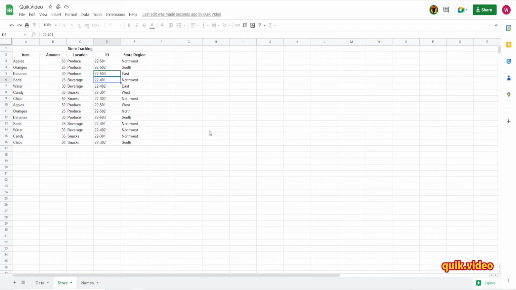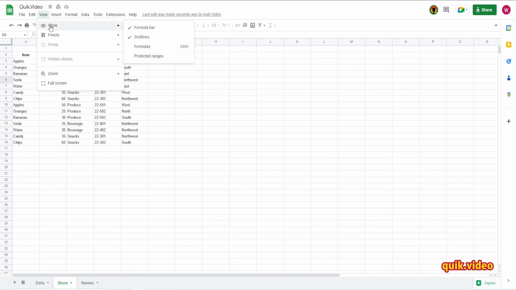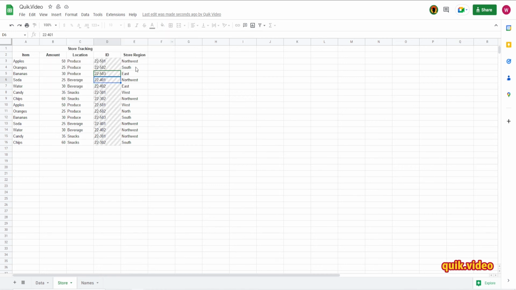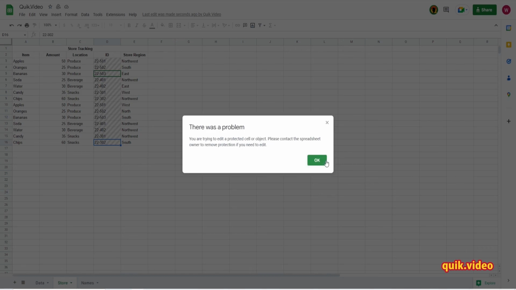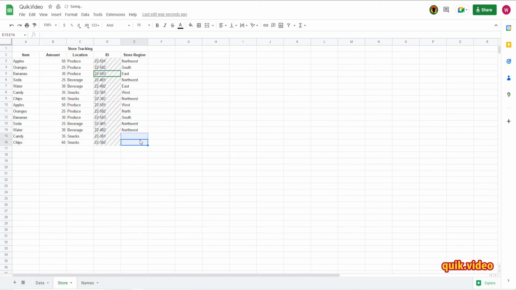And I can confirm that the cells are locked because if I go up to View, Show, and I select protected range, I put a check next to it, it's going to show that these are all the protected ranges on this sheet. And I cannot make any changes to it, but I can make changes to anything else that's not protected, like so. And that is how you protect cells in Google